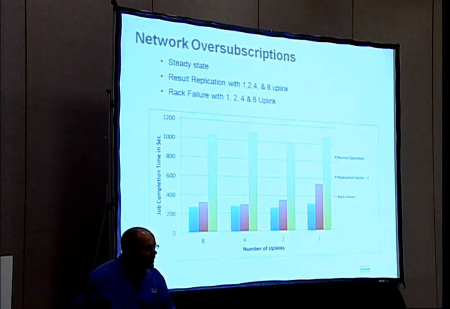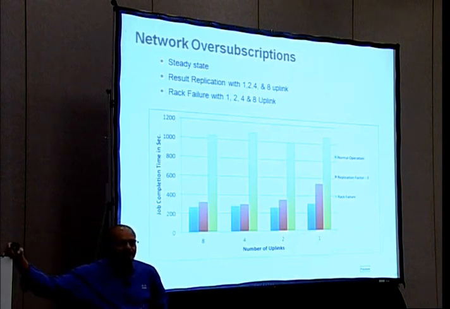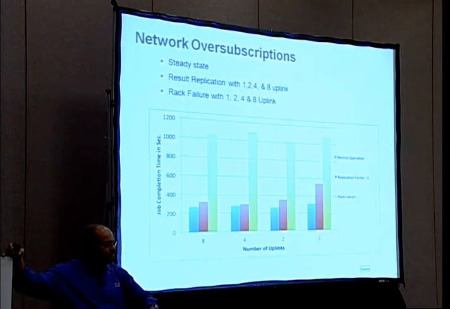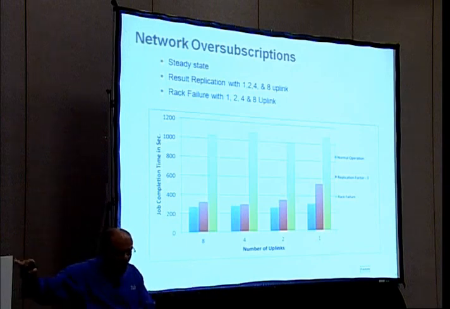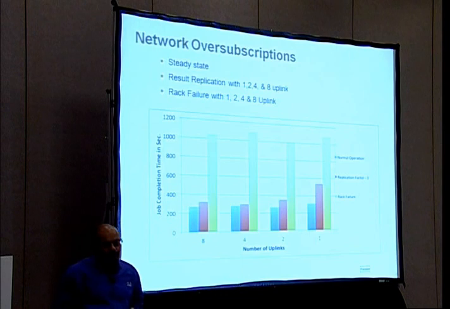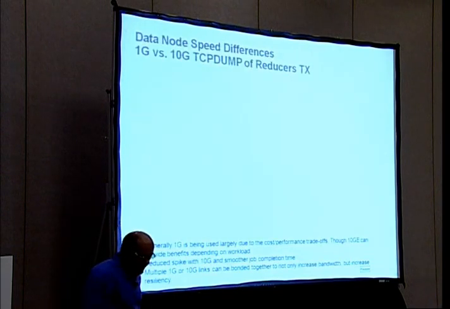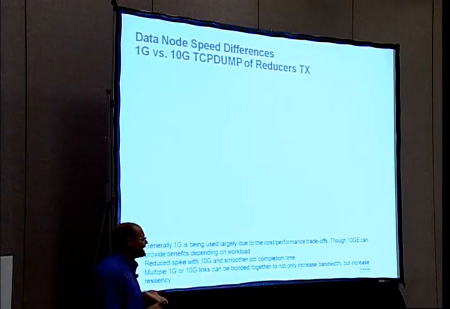What's important is that if you turn on the replication factor, then the oversubscription issue gets amplified a little bit further. However, if you look at the rack failure, it doesn't matter. Rack failure is severe enough that it overshadows the oversubscription factors, irrelevant in this particular test that we are doing, right? So the key point I'm trying to emphasize is that oversubscription matters, the degree of oversubscription matters, but not necessarily you need a non-blocking network, okay? Period.